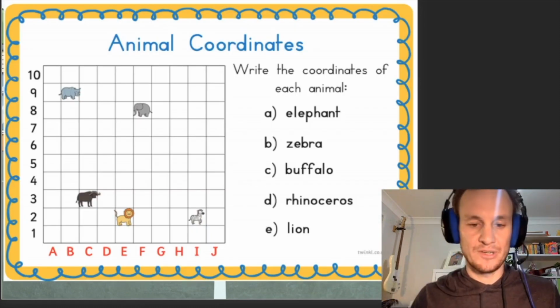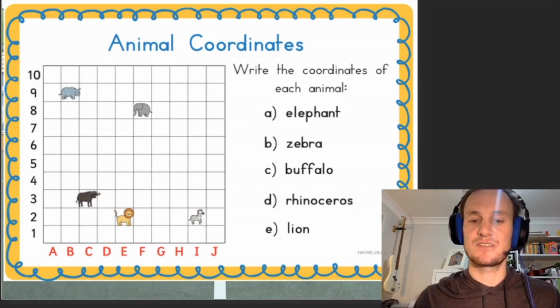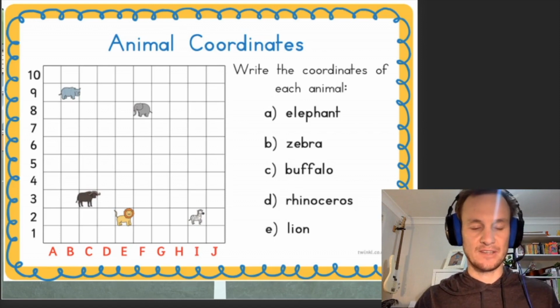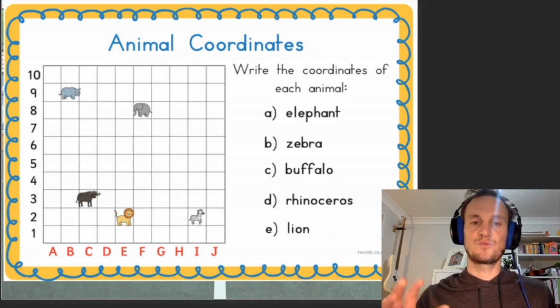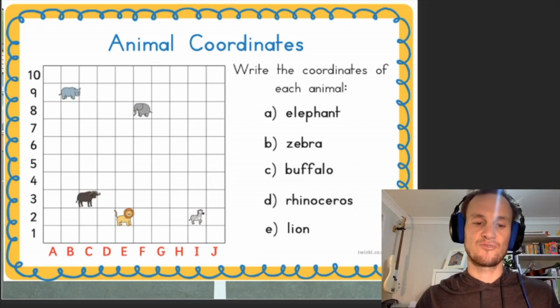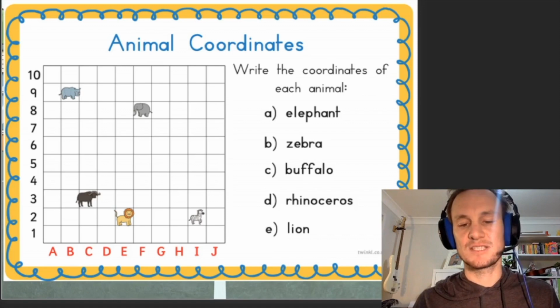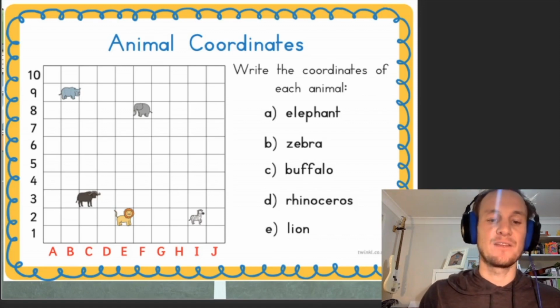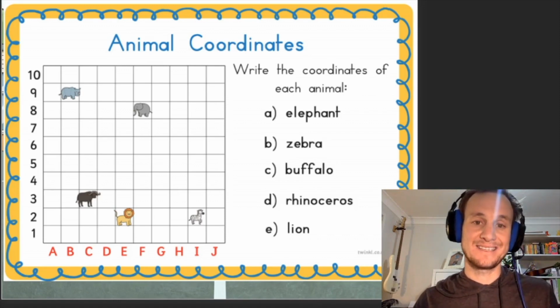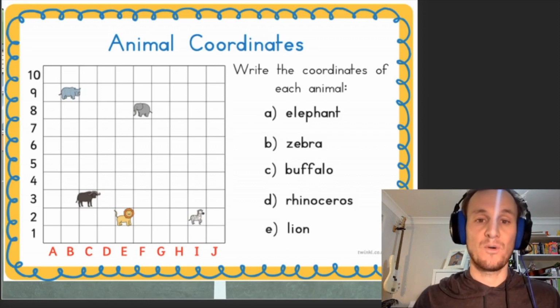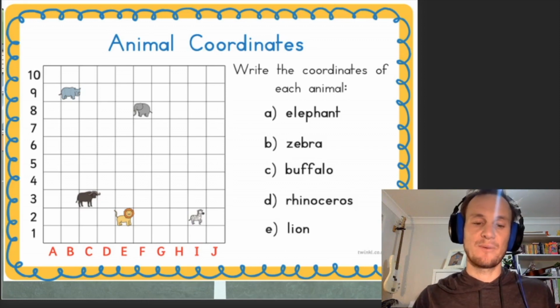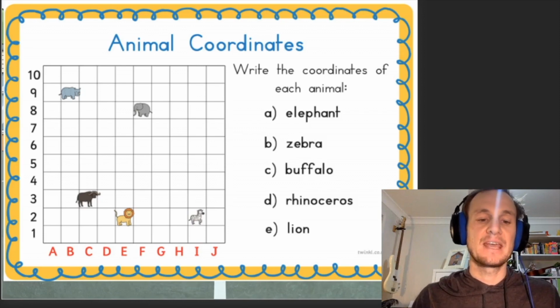When you see normal coordinates, what you'll see in a street directory or things like that, you'll see two different lines, a line that goes down the bottom and a line that comes up here like this. Now, if you've learned anything from scratch this term, you should remember that the line that goes across, we call the x-axis, and the one that goes up, we call the y-axis, and that's going to become important. Not as important today as it will tomorrow when we talk about having 4 different quadrants, but for today's activity, I want you to remember the x-axis goes down the bottom and the y goes up the top, up and